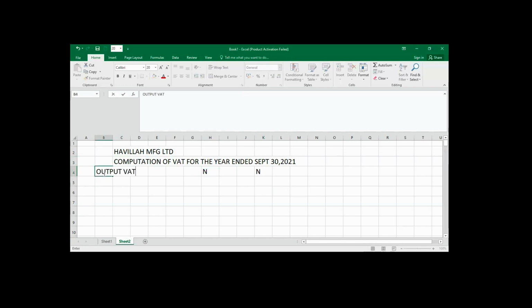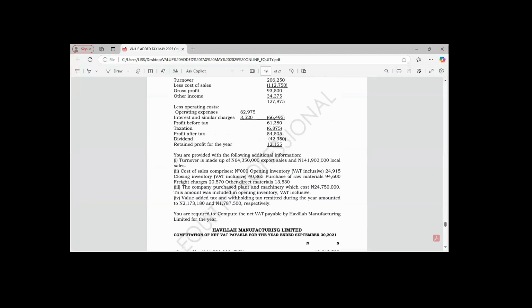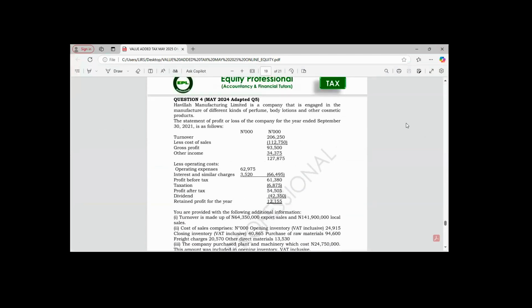So we are going to start with output VAT. Output VAT is what? VAT as a result of what? Who can remind us? Sales. Yeah, that is the VAT generated from sales. VAT collected from sales. So in the question given,